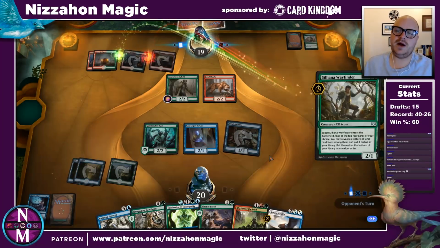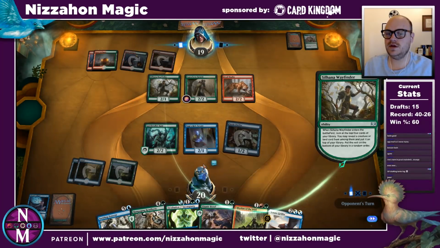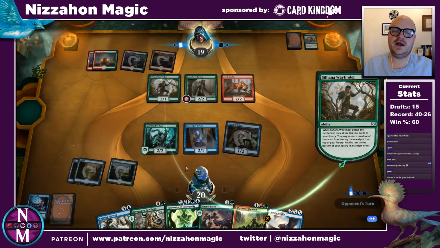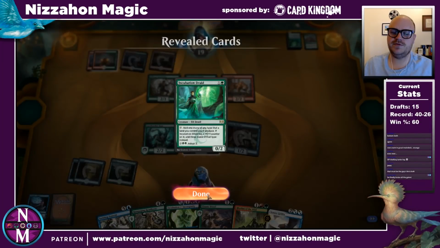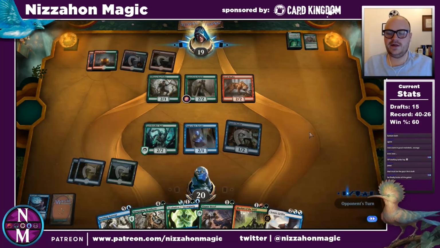I still am really bothered by the flavor on Gatebreaker Ram, because it's like, okay, he likes blowing up gates. I bet he comes into play and destroys gates. No. He likes gates. It's very weird. I have a feeling in design it was probably something weirder, like +1/+1 for each of your opponent's gates or something. Ugh. We do have a way to kill that, but